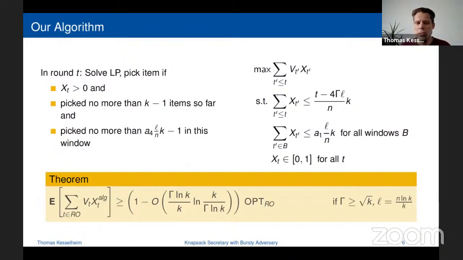I guess my question when I was seeing the video was also in a similar direction, but maybe easier because you're using this window approach and you're using the K choices really to every once in a while also make a wrong decision. So that reminded me of these B-matching models where you have items and each item comes with B copies. Do you think this is a case where this would translate more directly?